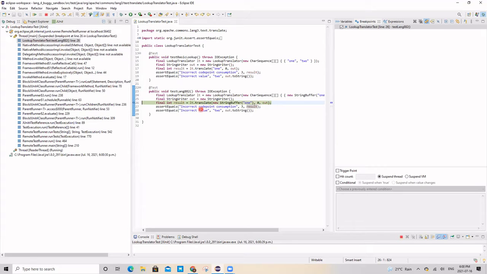All right, so what is it that we have here? We have something of type LookupTranslator. So an object of LookupTranslator that we create here, and then we call the function translate, and give it a value, and so 3 values. So now let's get inside and see what is actually going on and try to understand what is supposed to happen and why it didn't. So if we step inside,